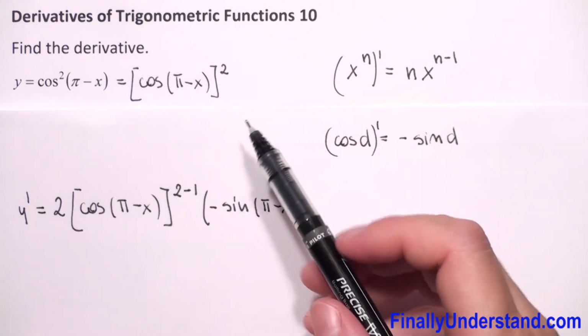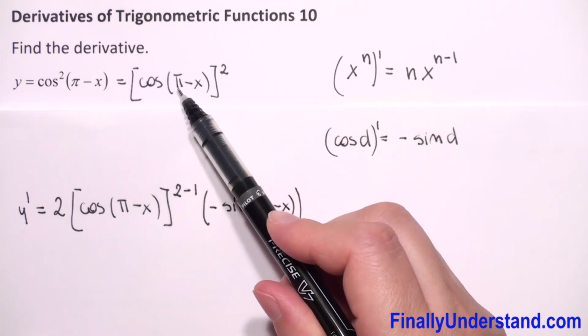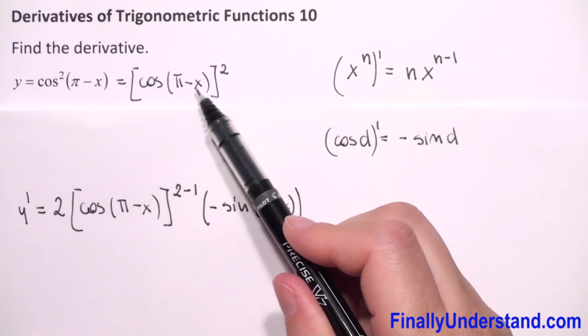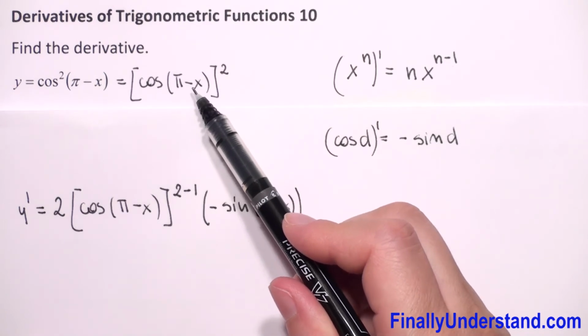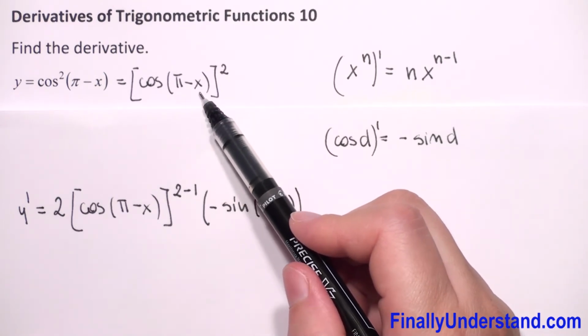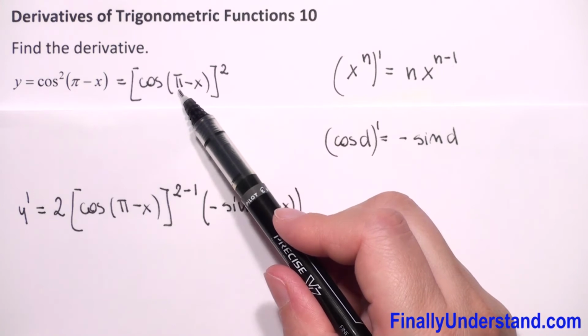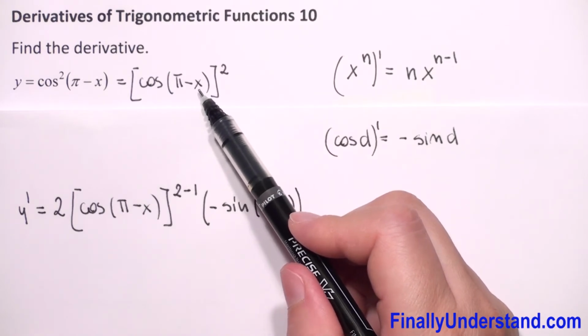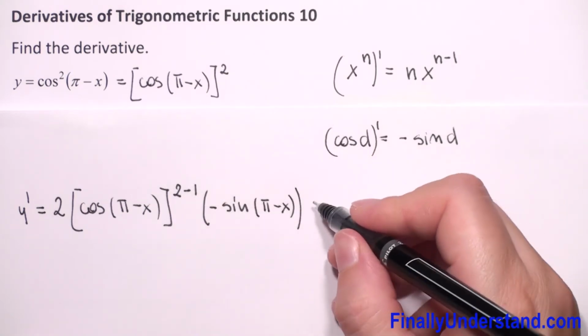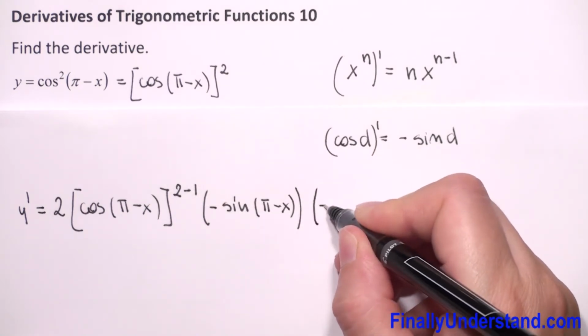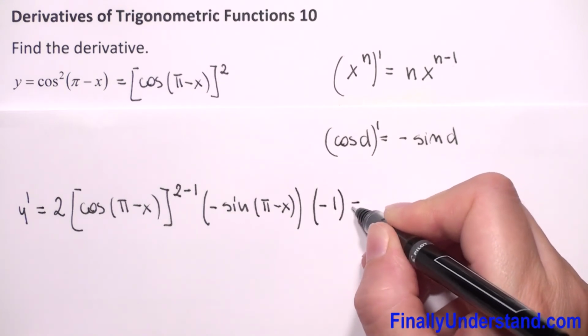and again because we have pi minus x, again we have an inside function, so we have to find the derivative of pi minus x. The derivative of a constant, because pi is a constant number, is 0, and the derivative of negative x is negative 1. So we have 0 minus 1, which is negative 1. So it will be times negative 1. This is equal to